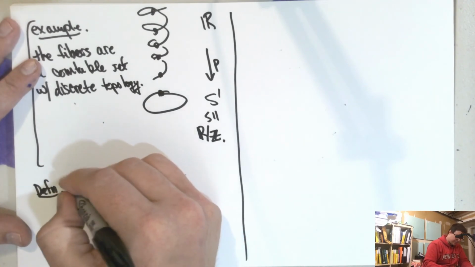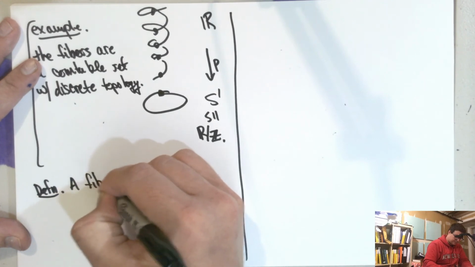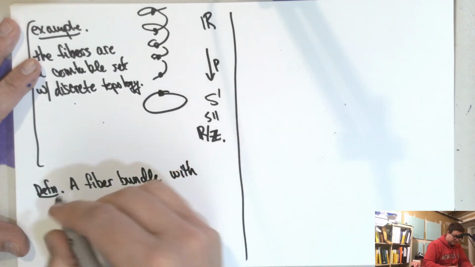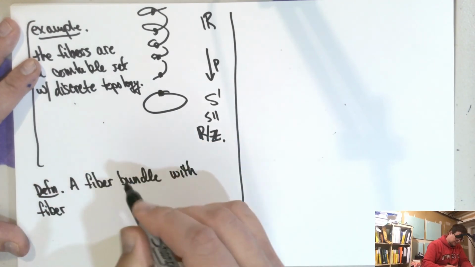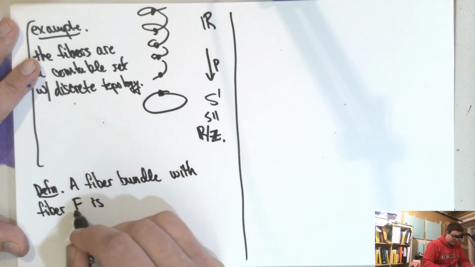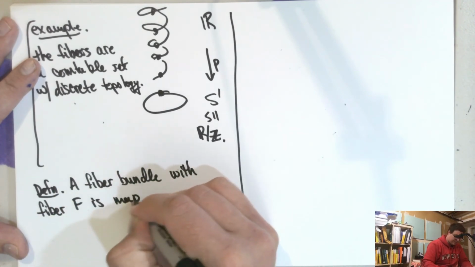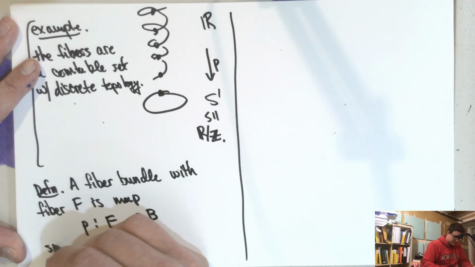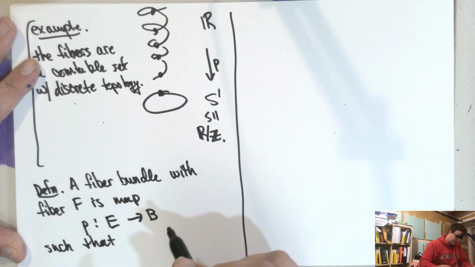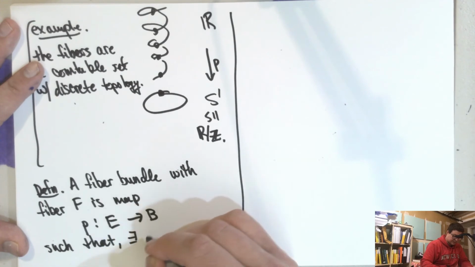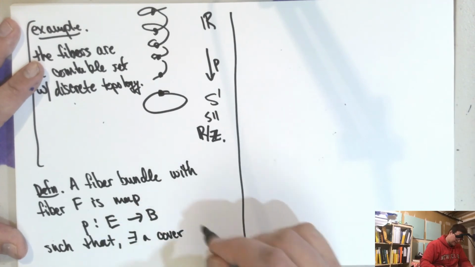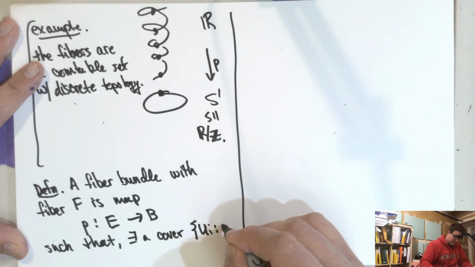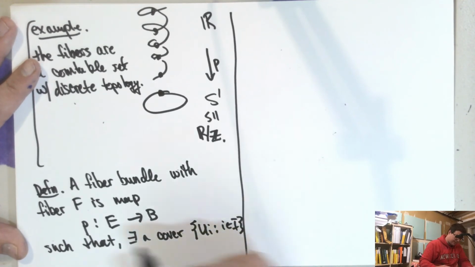A fiber bundle with fiber F, where F is a topological space, is a map P from E to B such that there exists a cover of B, let's say U_i for i in some index set,